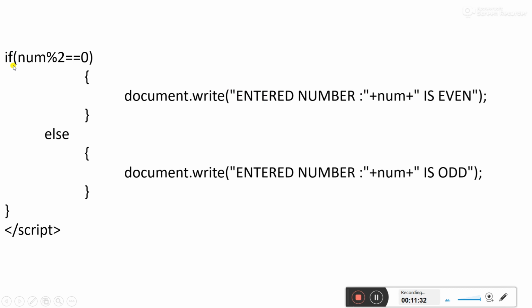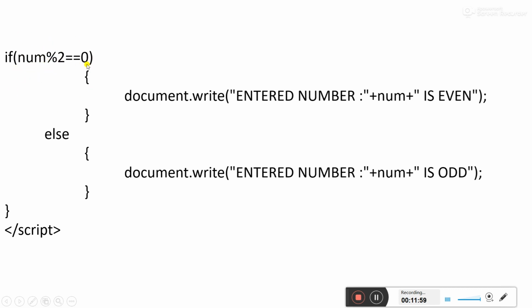If the condition is wrong, that means if the user has entered 5 for example, then 5 divided by 2, the remainder will always be 1.